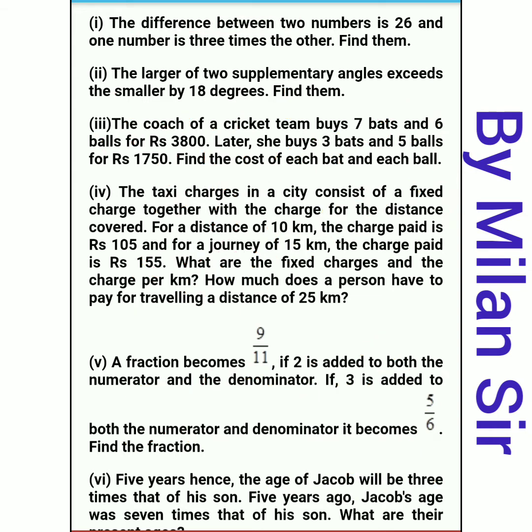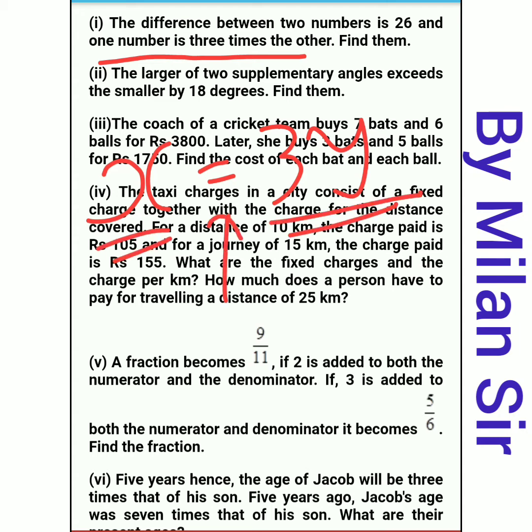Now it's time for the second equation. One number is 3 times the other. Here it is given that one number is 3 times the other. That means our big number x is equals to 3 times the smaller one. 3 times means multiply, so 3 multiply small number y, it's 3y. Big number is equals to 3 times the small number. The same thing we have written in algebraic form: x is equals to 3y.